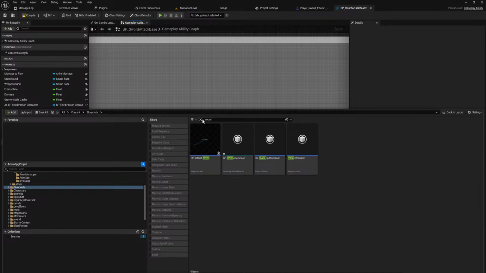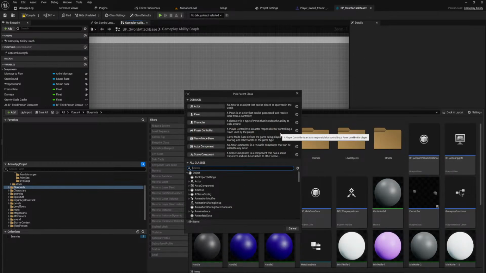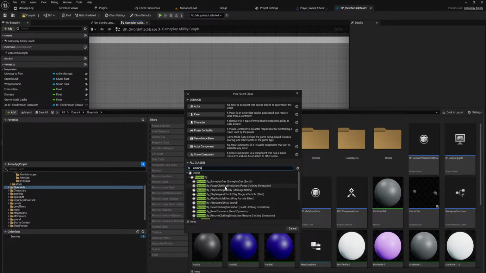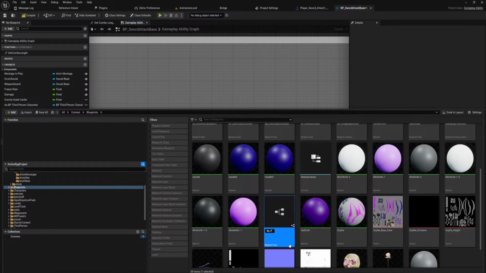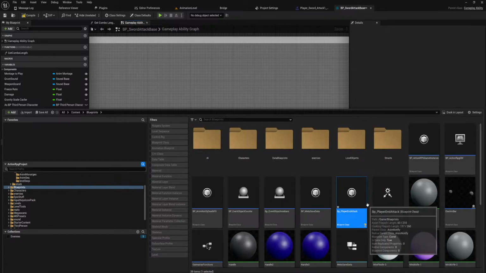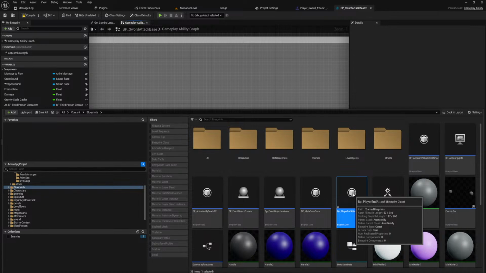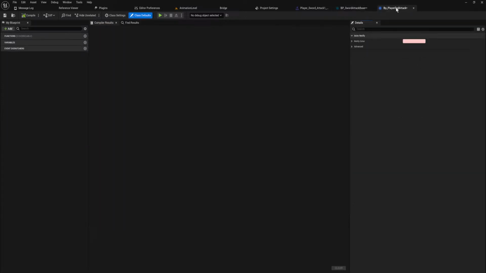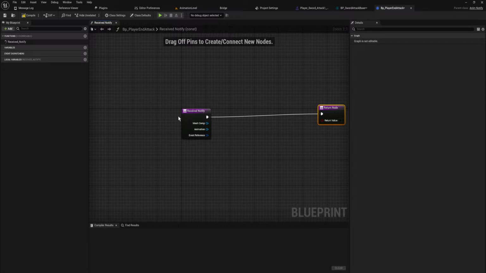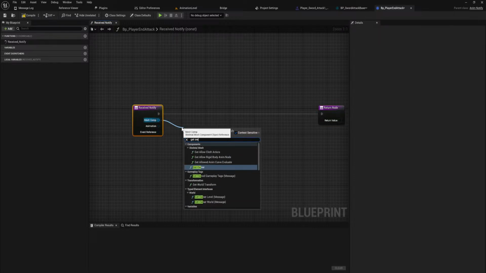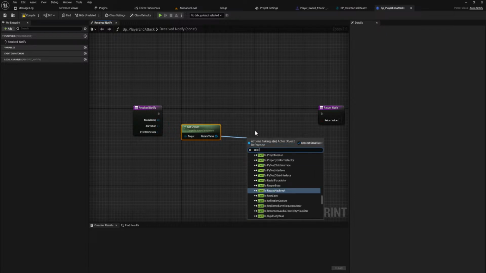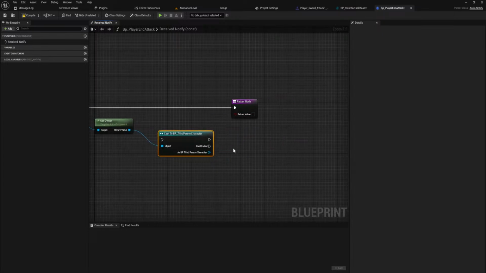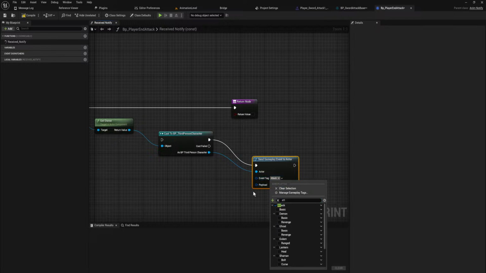Then in blueprints, if we make an animation notify, BP player and attack, receive notify, mesh components get owner, cast to BP third person character, send gameplay event to actor, event tag will be attack.